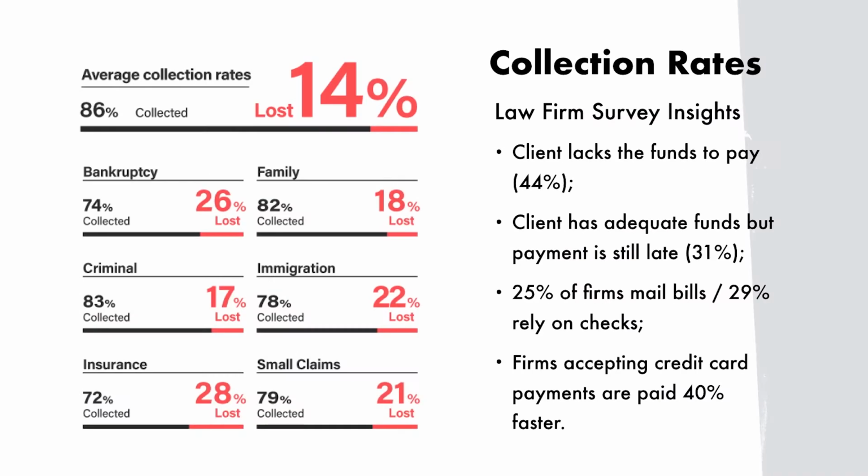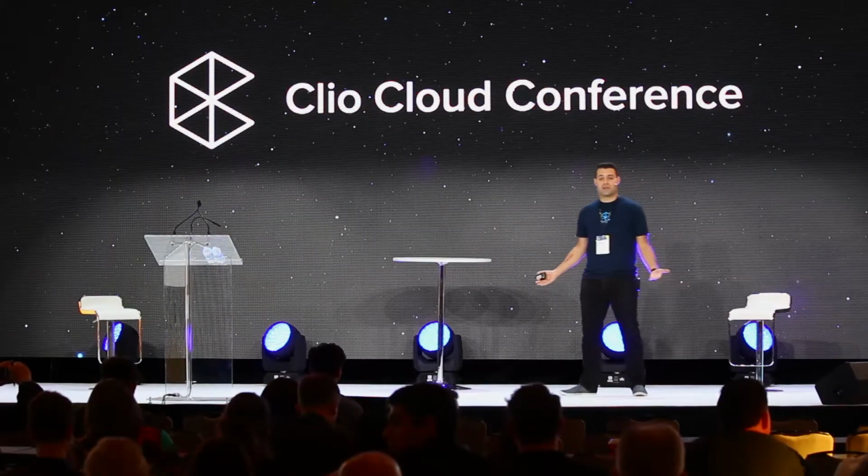The last piece came out of our data analysis, and it's one that I've hammered home before, but firms accepting credit card payments are paid 40% faster over the course of 2016 than firms that don't. And I think this comes back to the whole lemonade stand story, right? You got a credit card, you can pay, give us your payment details. I know that people have some pushback to the fees that they have to pay, but if you compare paying 3% or something on your credit card processing versus 14% of your revenue being lost altogether, from an economist's perspective, that's an absolute no-brainer. And something we'd encourage everyone to consider and experiment with at their own pace.